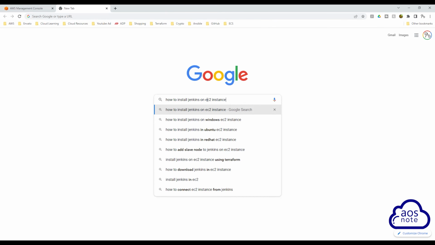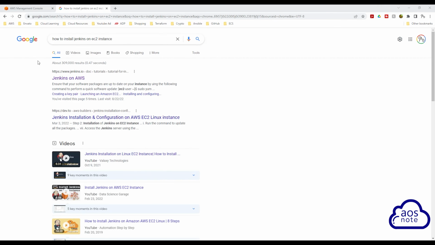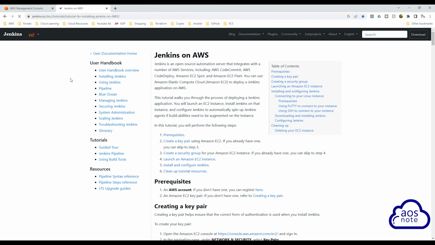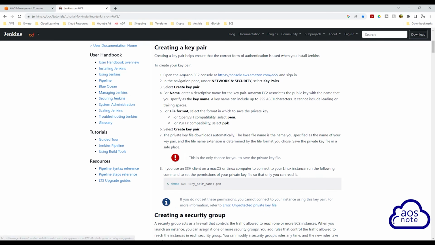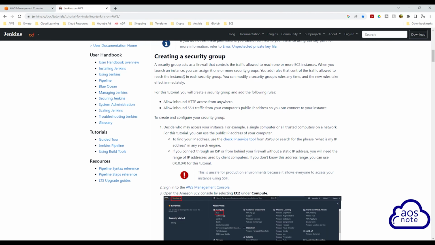Once you type how to install Jenkins on an EC2 instance, press enter. Under the Google search results, the first one is the Jenkins documentation, and we can see it says Jenkins on AWS. This looks like the documentation we are looking for, so select it. In this documentation, Jenkins on AWS, you can see that it is an instruction on how to install Jenkins on an EC2 instance. So if you scroll down here, these are all the instructions on how to install Jenkins on